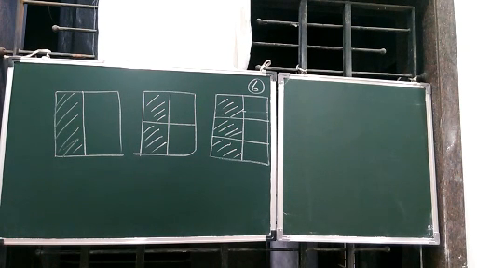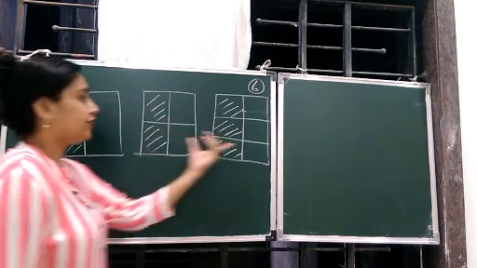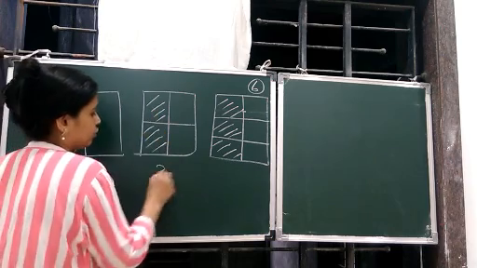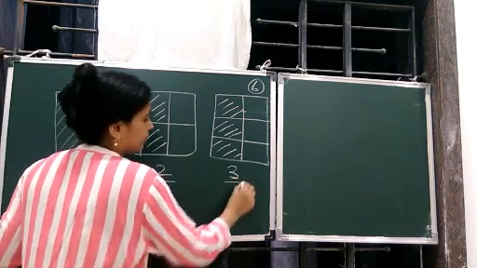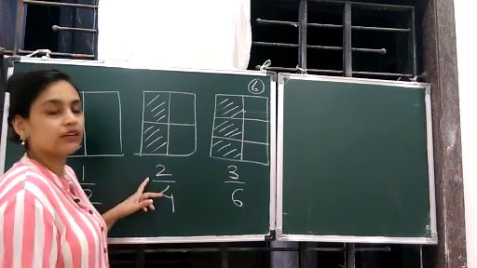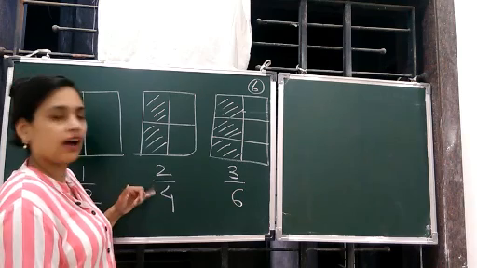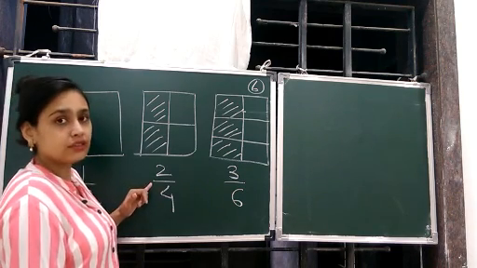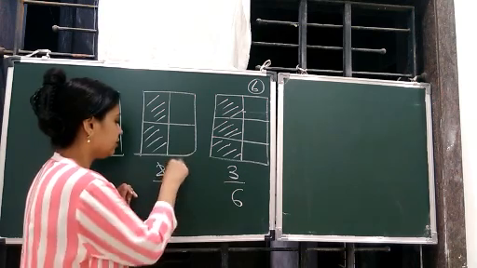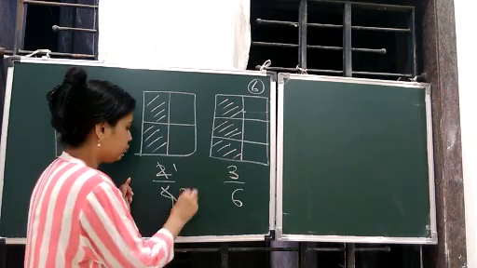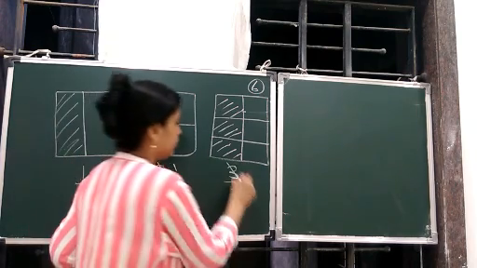We are continuing ahead. You can see I have made three figures. If you write them in fractions, the shaded part is 1/2 here, 2/4 here, and 3/6 here. Now, if you bring this in its simplest form, simplest form means smallest form. That means both have factors or multiples of one another. So both are divisible by 2, both are multiples of 2. Similarly, both are multiples of 3.